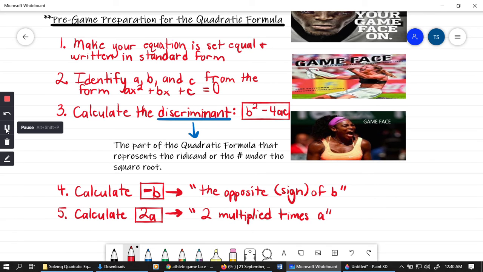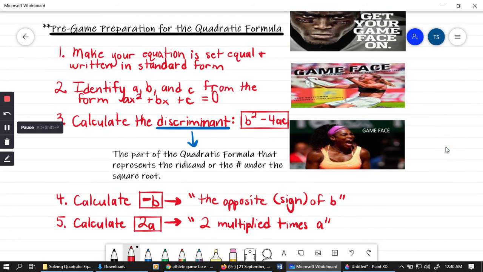Alright, so guys, these pre-gaming steps for using the quadratic formula are very, very important. I can't stress it enough how important they are. If you don't master these pre-gaming steps, there's no way that you're going to be able to get any right answer from doing the quadratic formula. Even if you simplify everything right, if you mess up one of these parts, there's no way you're going to get it right. So again, it's very important that you do these here,